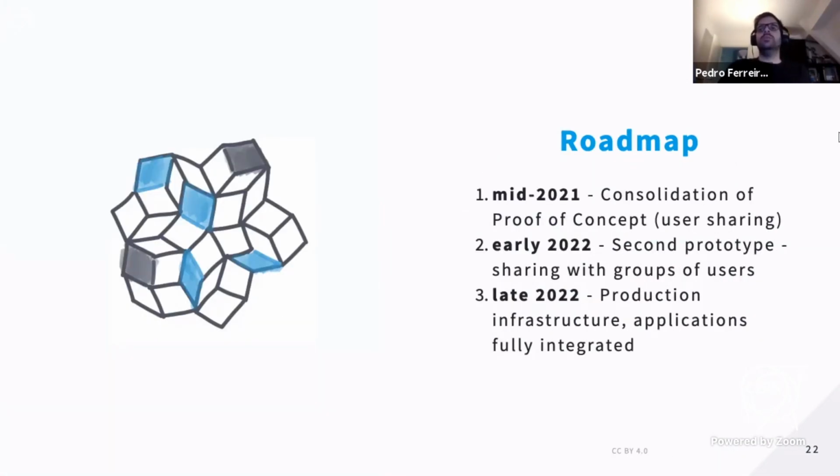This is the roadmap for the future. Mid-2021, as I've already said, we have a consolidated proof of concept based on this first prototype, in which we will allow users to share data and applications with other users. In early 2022, we will have a second prototype based on the concept of sharing between groups. And then in late 2022, we hope to have our production infrastructure with the applications already fully integrated into this